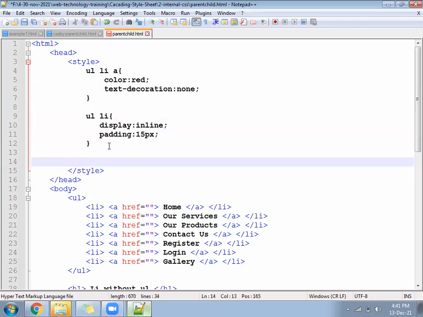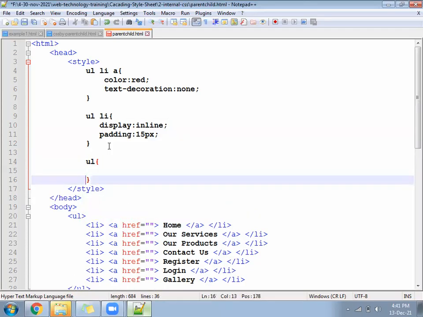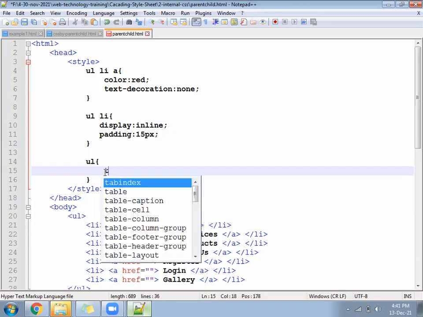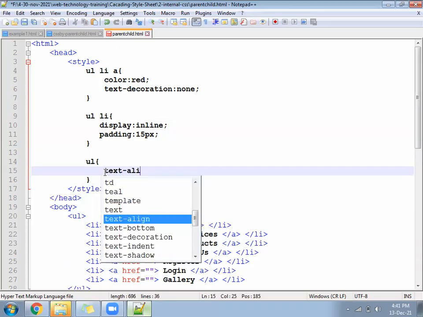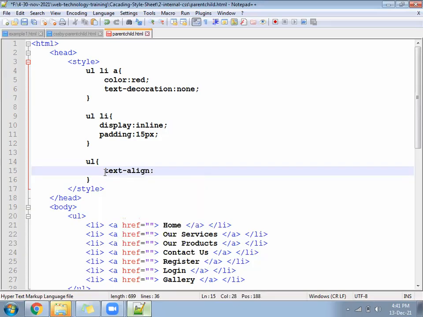Now write the next CSS for UL. Inside the UL, whichever the LI is written, all should print in center. So for that, what we'll do? We have a property called text align. Text hyphen align. It has left, right, center, and justify. 4 values.